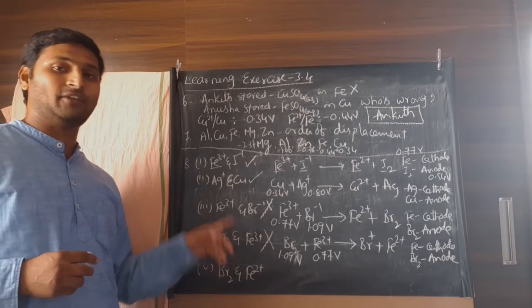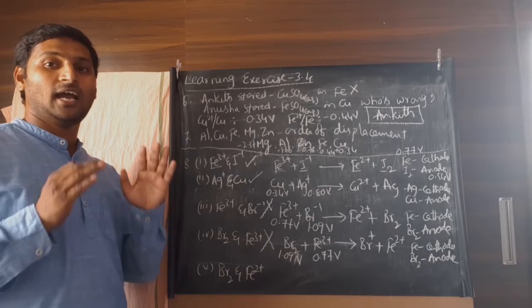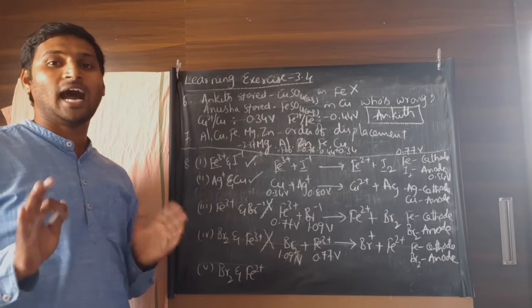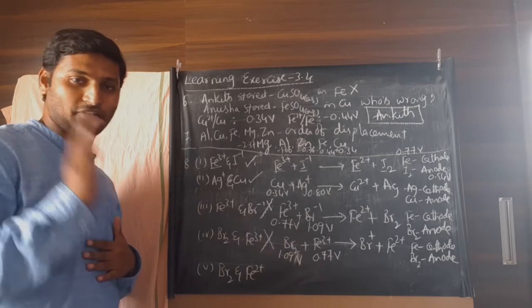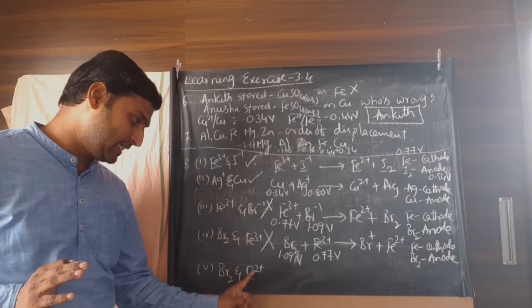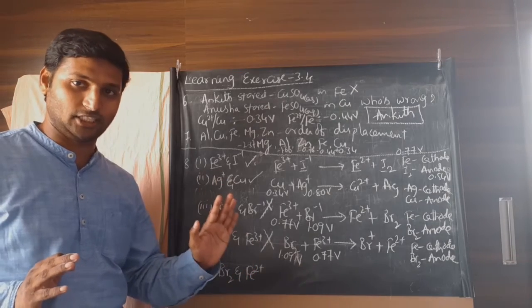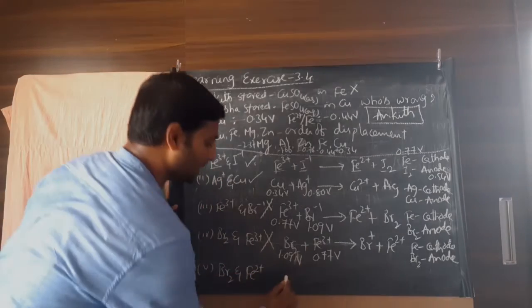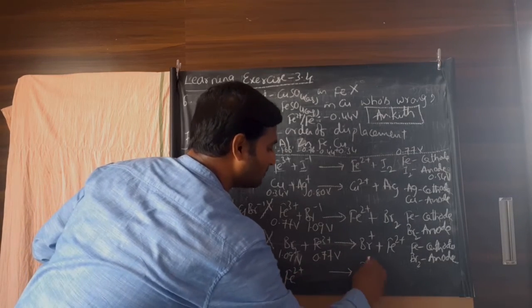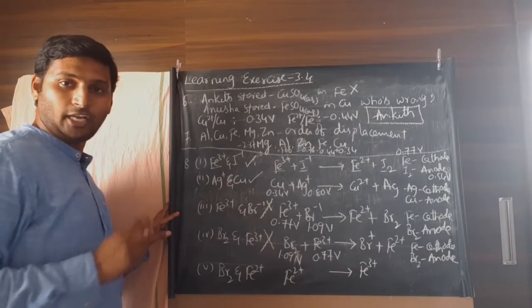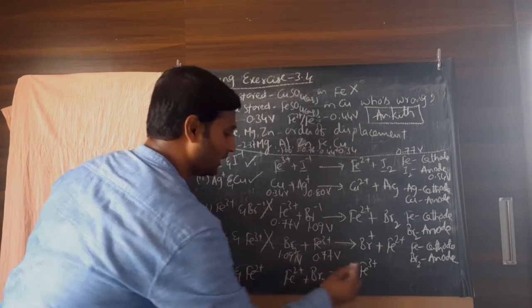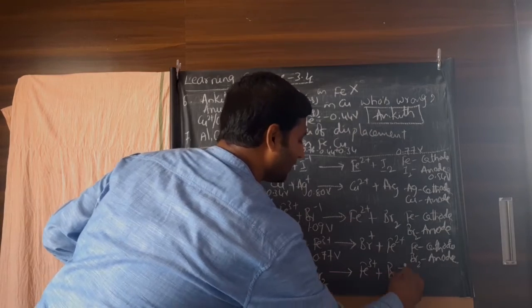Lastly, the bromine and ferrous couple he has given. Absolutely similar situation for us here. And I will not spend a lot of time, I'll quickly finish this story. Again, ferrous is capable of undergoing oxidation. Let us understand that. If ferrous undergoes oxidation, it becomes ferric by losing one electron, and bromine can only undergo reduction. By gaining electrons, it can become bromide ion.